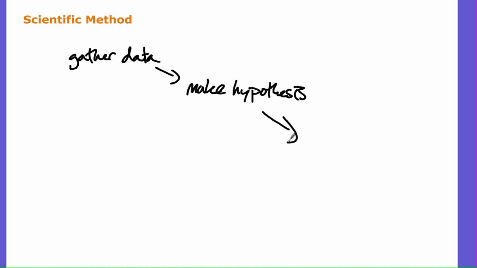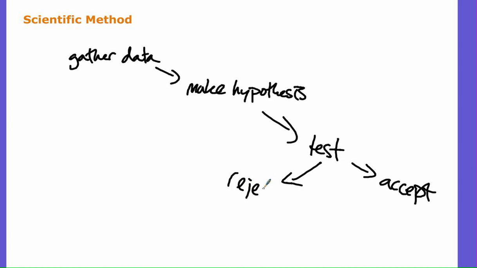And then definitely test that hypothesis. The problem with science as a career, right, if you're going to work in a lab or whatever you want to do, is that really there's only two results after that testing, right? You're either going to accept your hypothesis, which would be great and wonderful, or you're going to reject that hypothesis. And you kind of have to get used to the latter, right? More often than not, scientists are rejecting their hypotheses.